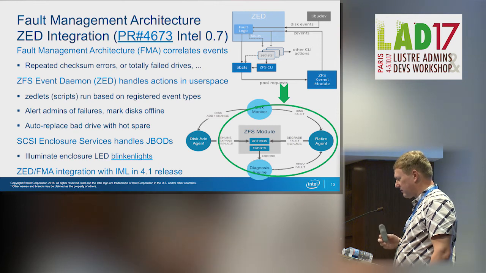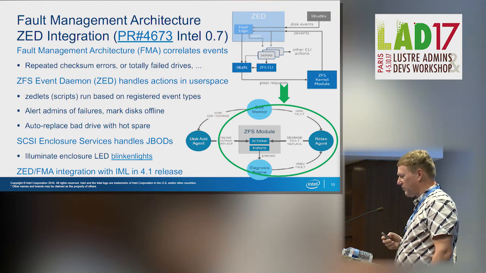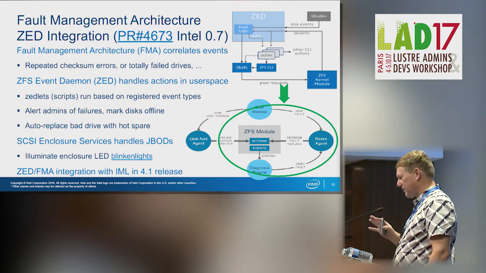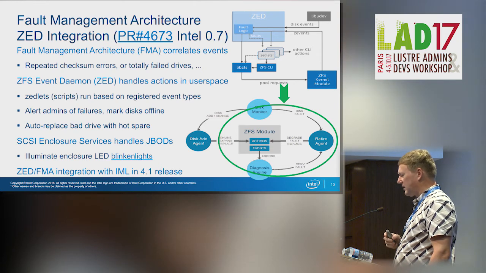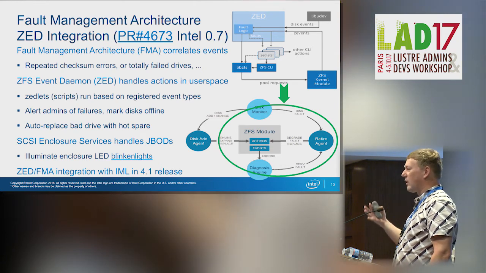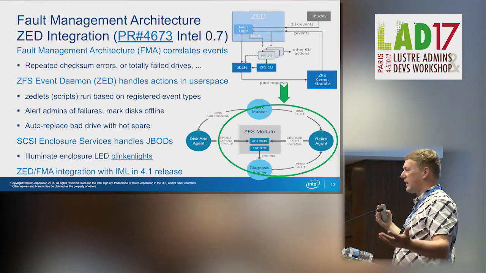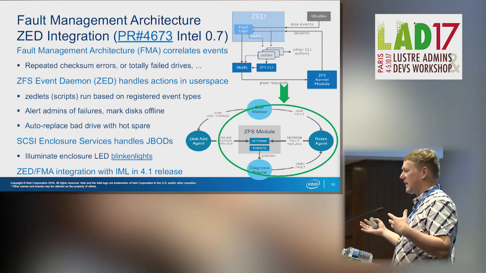You know, pre-exascale kind of systems, and they've been working on a number of different features for ZFS for the Coral project, and one of them is fault management architecture. And if you are familiar with Solaris, FMA is, you know, sort of a core engine. It does things like correlate all kinds of different events,